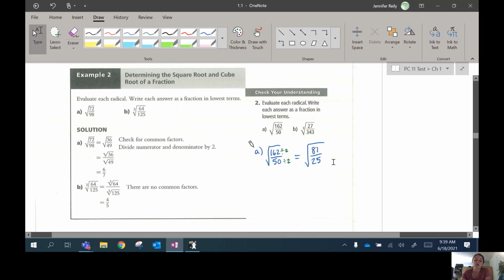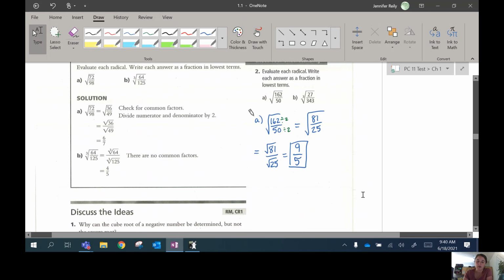The way that square roots of fractions work is you just take the square root of the top number and the square root of the bottom, or denominator, and that's your answer. So this is the same as taking the square root of 81 over the square root of 25. We have to think of two numbers that multiply to make 81. 9 times 9 is 81, so that would be 9. And the square root of 25 would be 5. You should be able to do that without using a calculator. Just get that on your own. Okay, so then for part B,